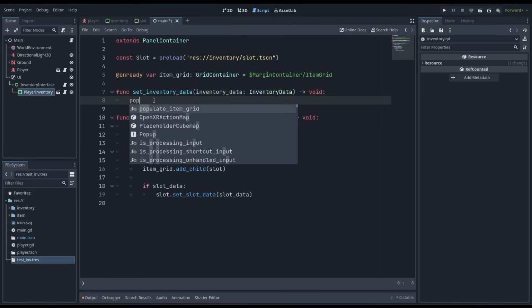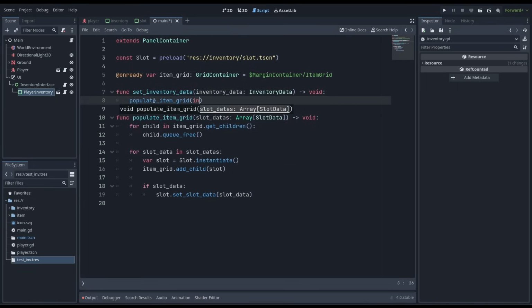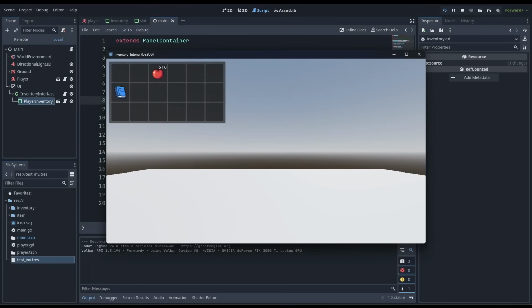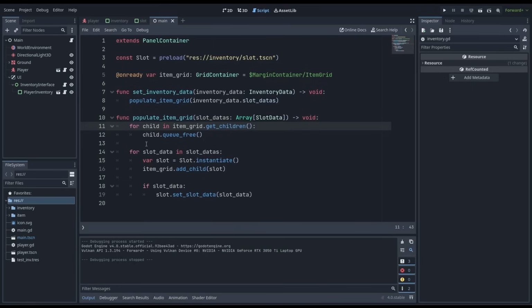And here we'll just call populate item grid, and we'll pass in inventory data dot slot datas, and this should work. There we go. Let's make it so that we can toggle between having the inventory visible and not. And when it is visible, let's make sure that we can actually see the mouse so we can interact with the slots. So I'll start by hiding the inventory interface by default, and then I'll go into the player script,